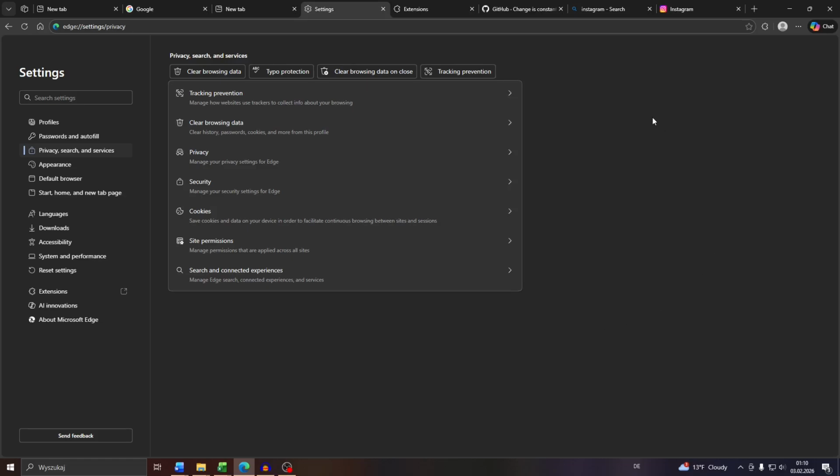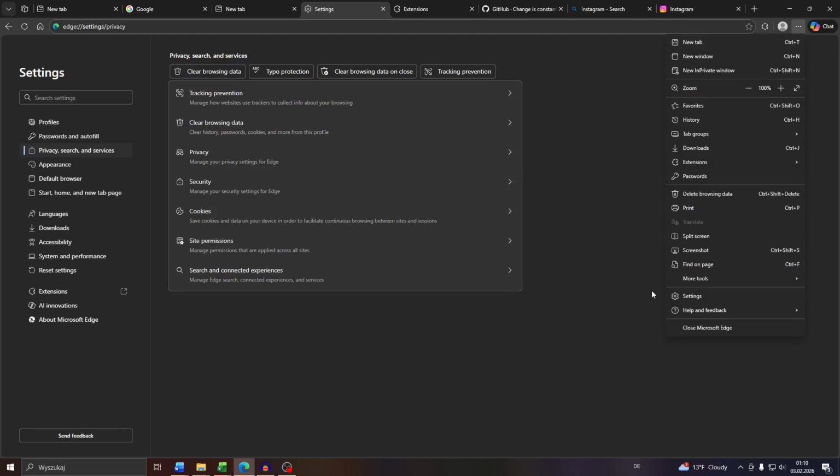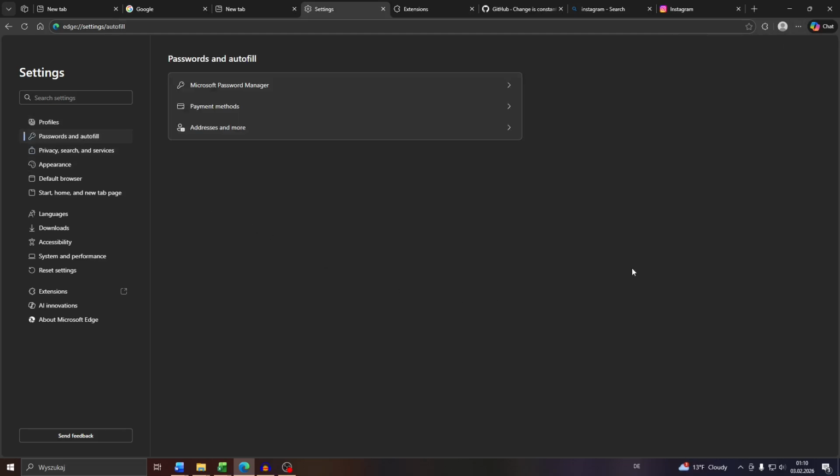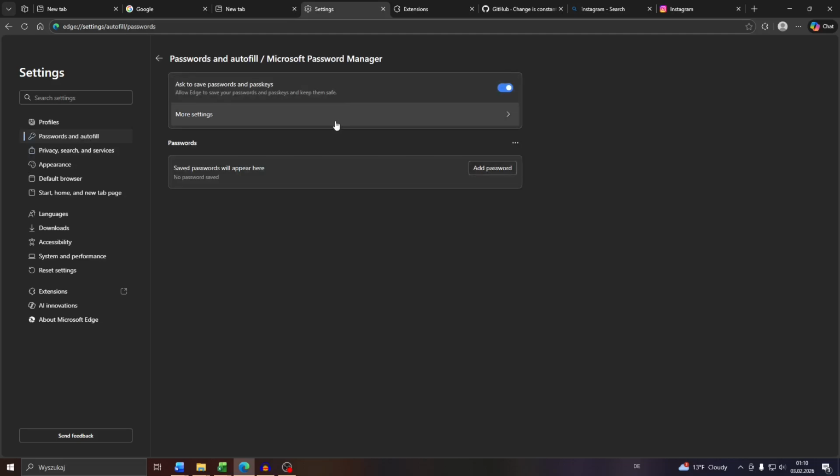So guys, if you want Microsoft Edge to stop saving your passwords automatically in 2026, this is how it works. You will need to access your browser settings in the first step. Here in Edge, click into these three dots and click into Settings. After that, navigate to the Passwords and Autofill tab to the left, click into Password Manager, and navigate or expand